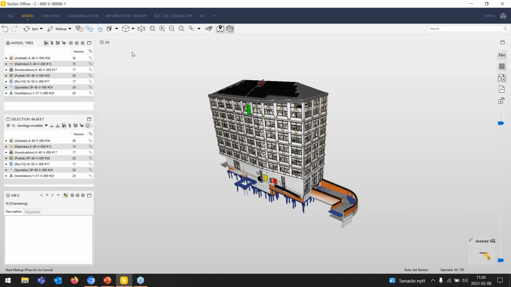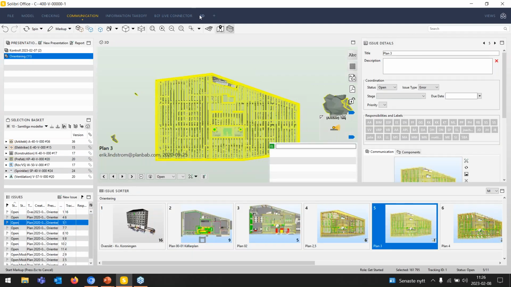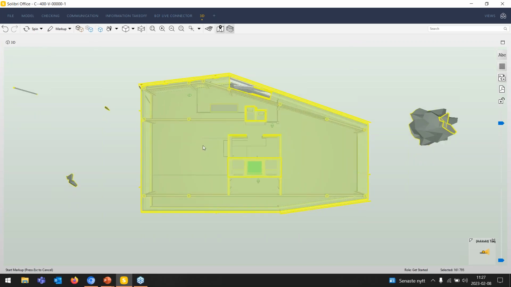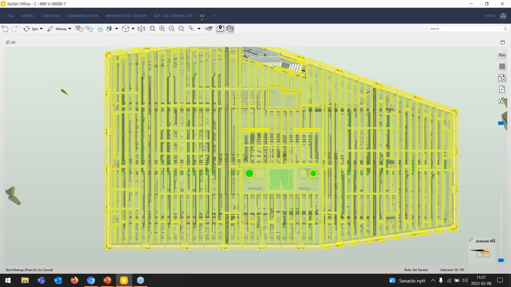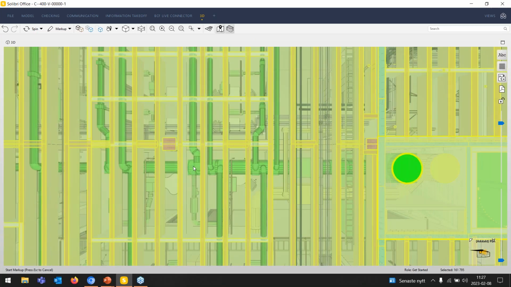And in the project, I'm just going to show really quick. Because of the wooden load-bearing structure, we had a lot of wooden beams, as you see all the yellow here. So we had a really challenging time to achieve a good coordination, and we had a lot of collisions between, for example, ventilation and wooden beams. And here is an example